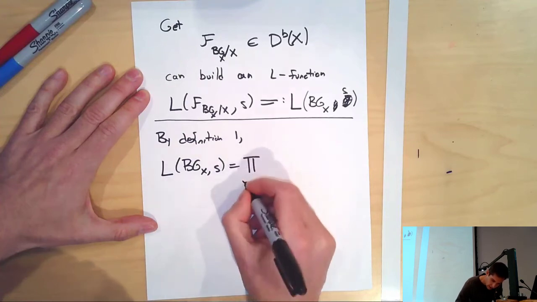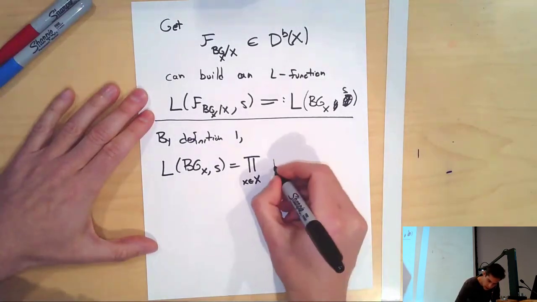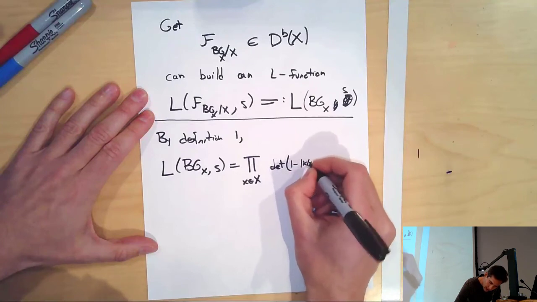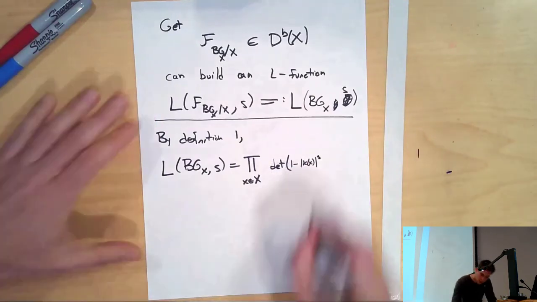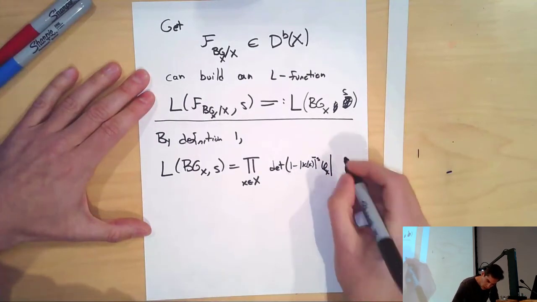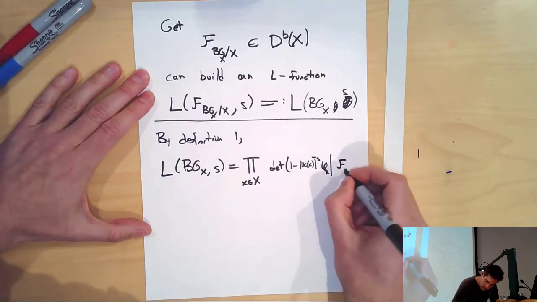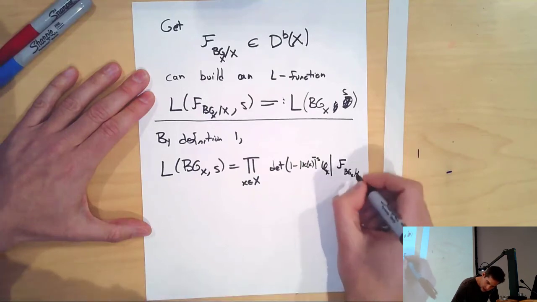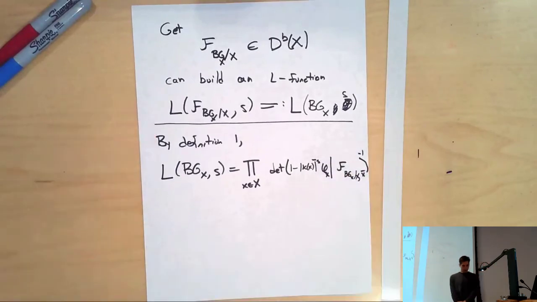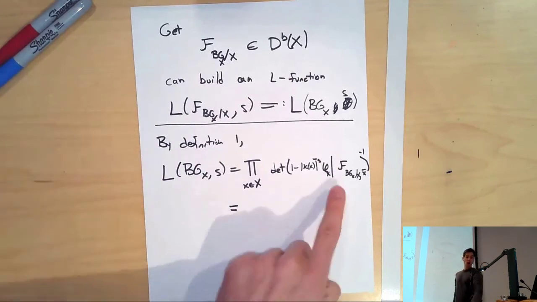It's given by the product over the closed points x of X. I'm then supposed to take the determinant of 1 minus the size of kappa x to the power minus s, times the Frobenius at the point x on the sheaf F sub BG sub X over X, I take its stalk at a geometric point, and then I put an inverse there. Okay, but we know what these stalks are,